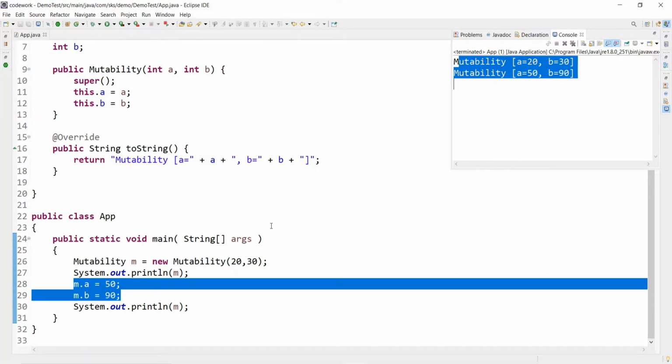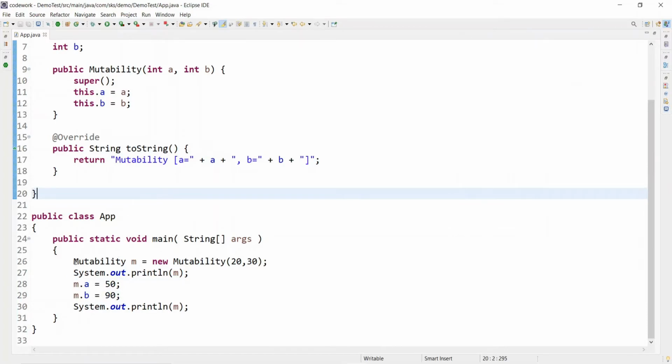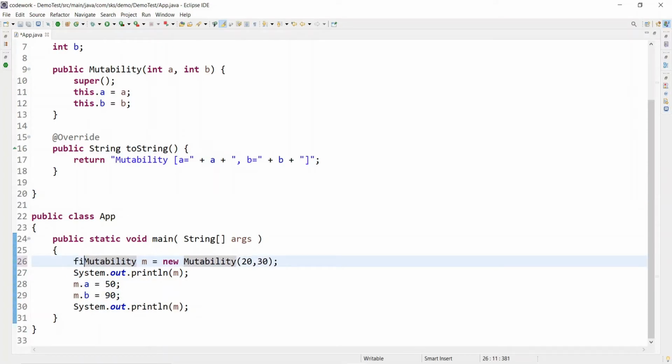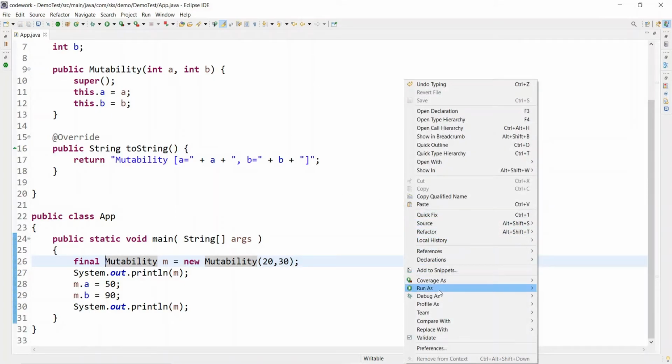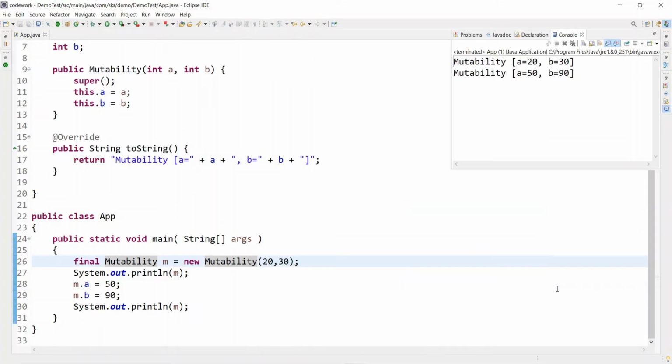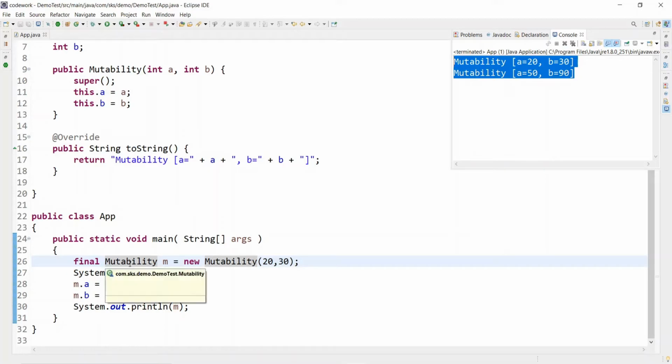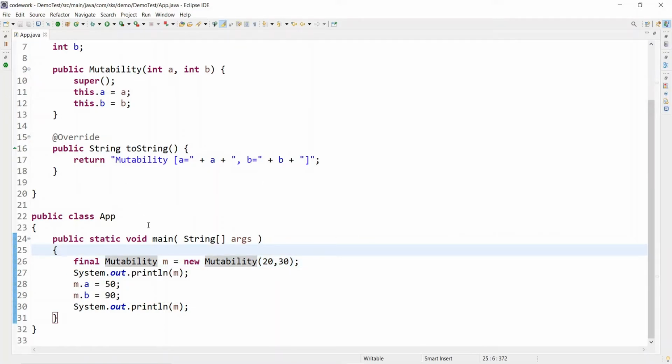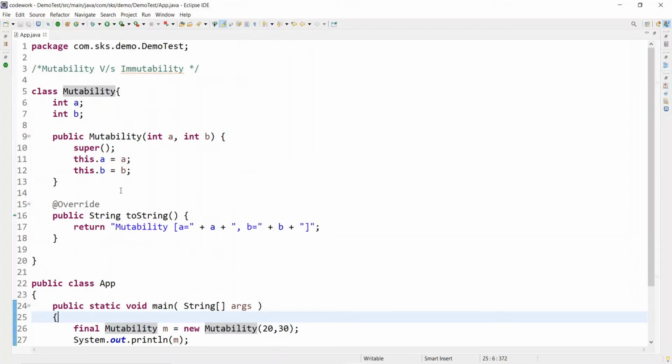At any time we are able to change it. Even if you mark the object as final and run this, you are still able to change the value of the variable, because even though the object reference is final, your instance variable is mutable.